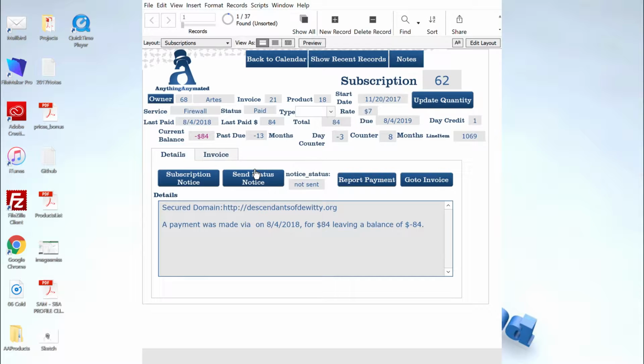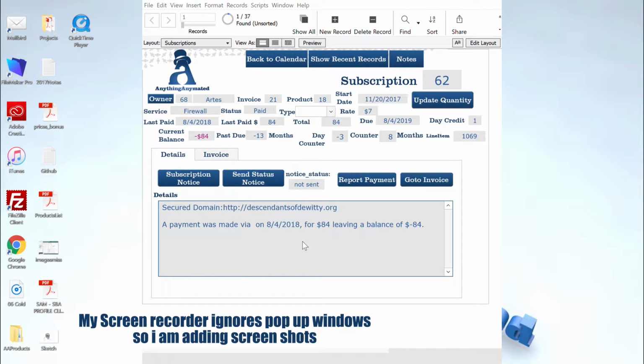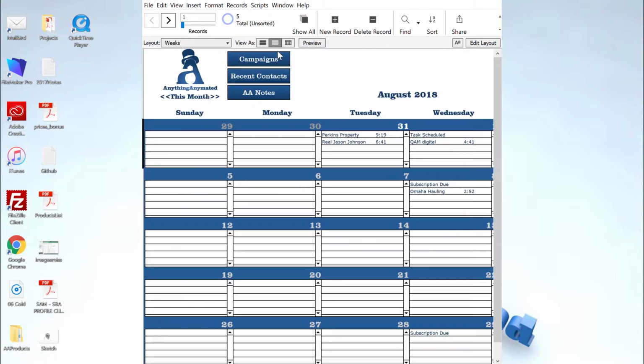Send a notice is going to pull up my email client and allow me to send that email out. It's got the client's email address and all the pertinent information. Back to calendar. If I go to my recent contacts,